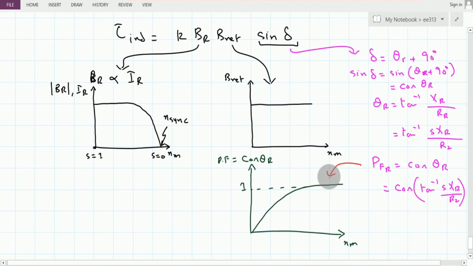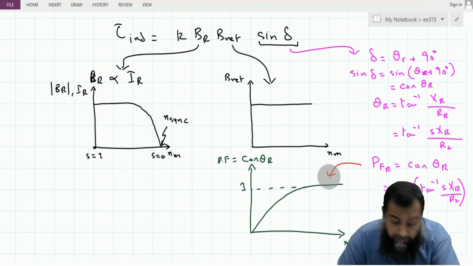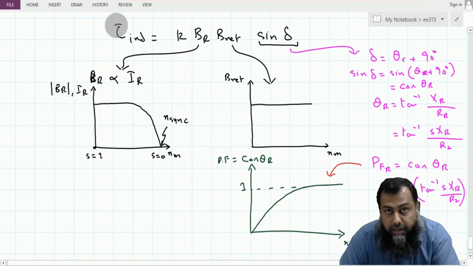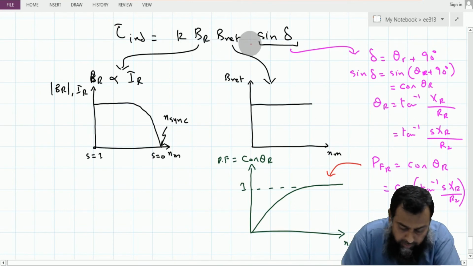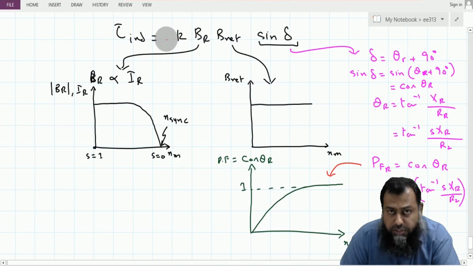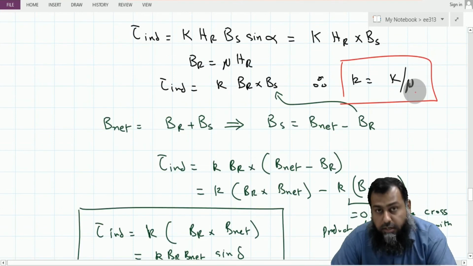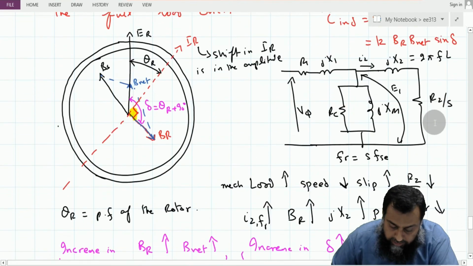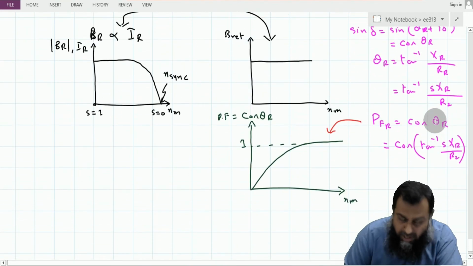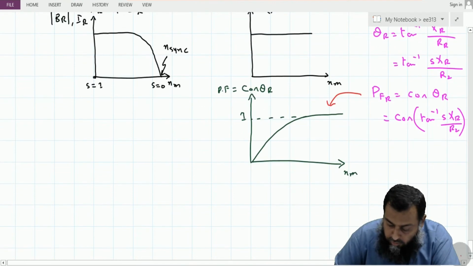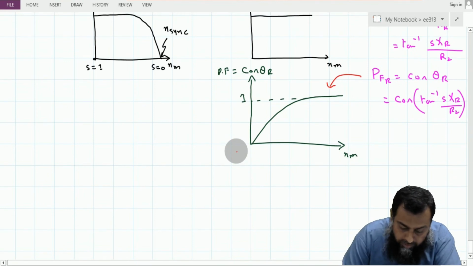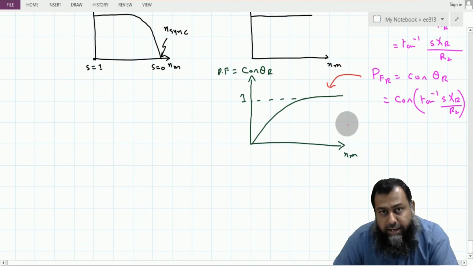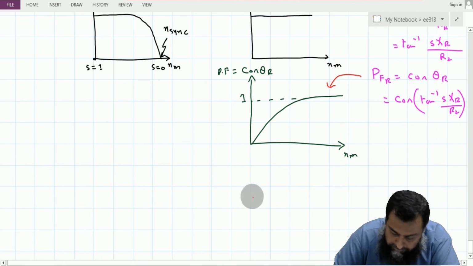Now these three, if we graphically multiply them together, it provides us the induced torque in a given induction motor. Remember that we have a graphical multiplication of these three things, because this k is actually a constant. Owing to this constant, we can straight away multiply these three together to generate the torque speed characteristics of a machine. Because for all these three graphs, the x-axis is exactly the same, which is the mechanical speed of the rotor.